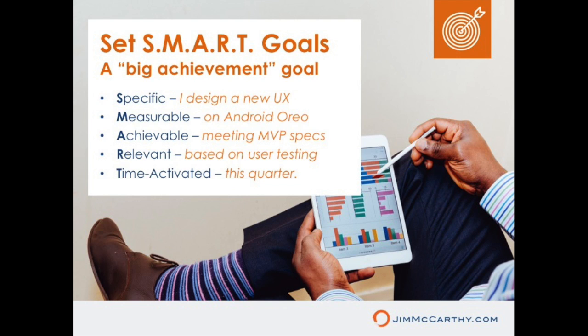Achievable, meeting minimum viable product specs. Okay, so it's something that is doable, it's not impossible. Relevant, based on user testing, you're reminding yourself why this is important, why this is going to satisfy the users. And then time activated, this quarter. Not sometime this year, but actually specific to this quarter. Okay, that's a nice, simple, big achievement goal for a person who's a designer or some sort of a product